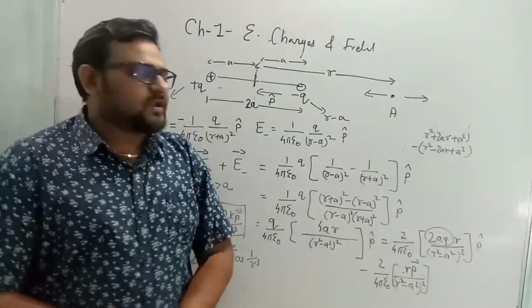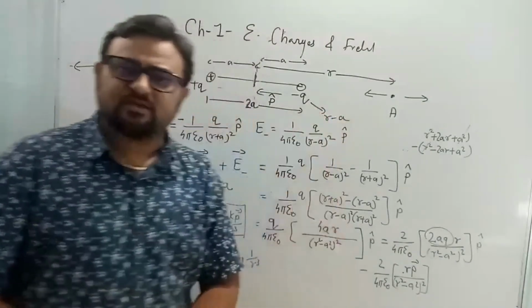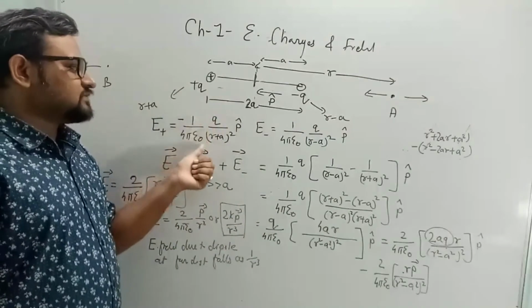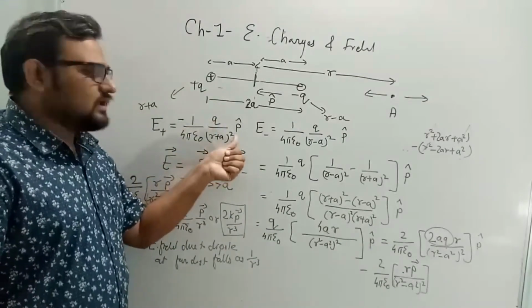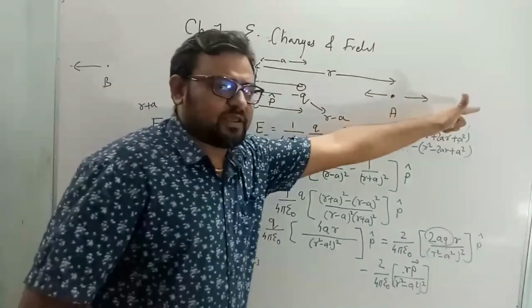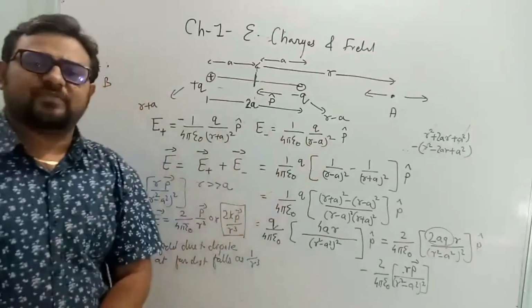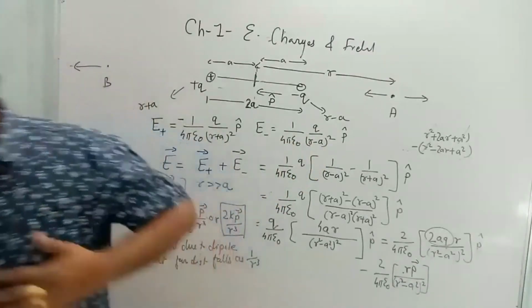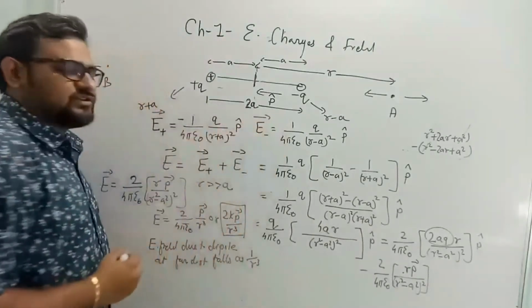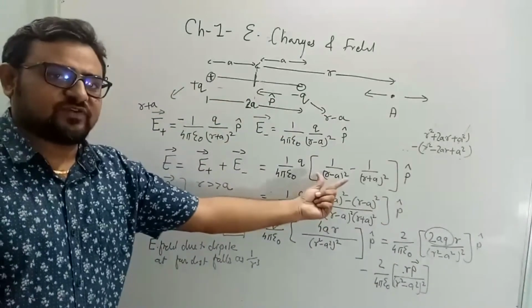Okay, so the distance from the plus charge will be r plus a, and from the minus charge will be r minus a. So the electric field due to the plus charge will be 1 by 4 pi epsilon 0 q by (r plus a) whole square. If I take direction p, then it is opposite to p, so it's minus, and for the minus charge it is in this direction. Let me put the vector sign here, because we have to put direction. If you are not putting direction, don't write p, just write this direction in the final answer.